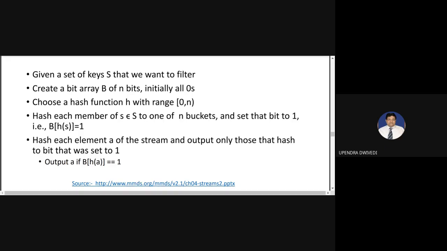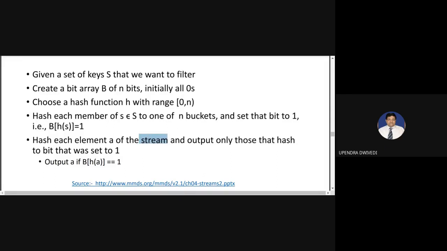Suppose we have taken a sample, so we are not going to take the whole stream at one time, because that will not be feasible to perform the operation due to memory and processing constraints. So we'll take a sample from the stream. Suppose this sample contains n elements. Now we'll apply the hash function on each of the n elements. Every output will be between 0 and n.